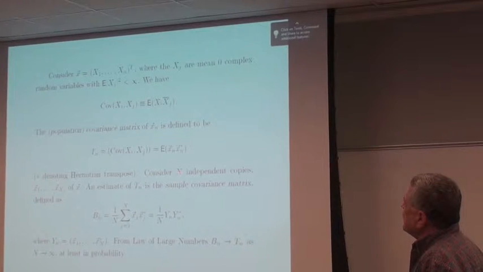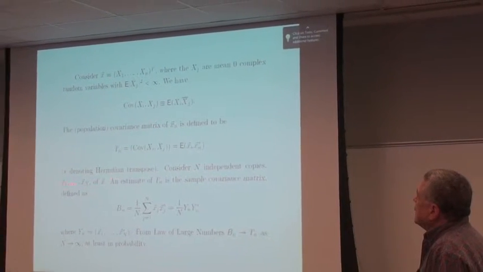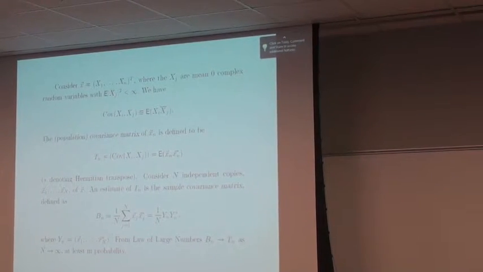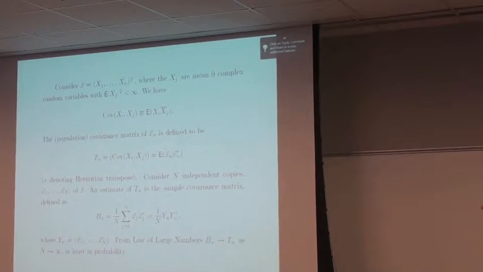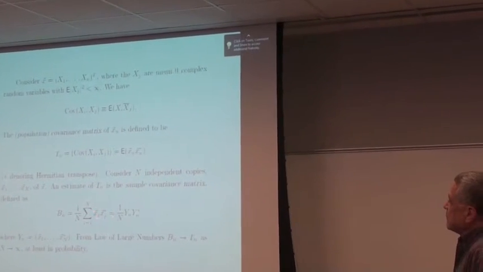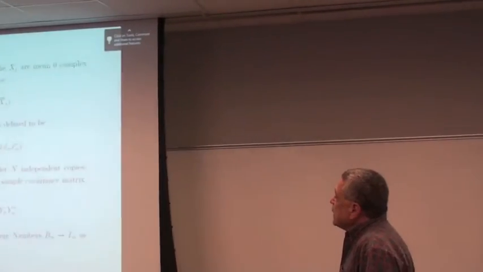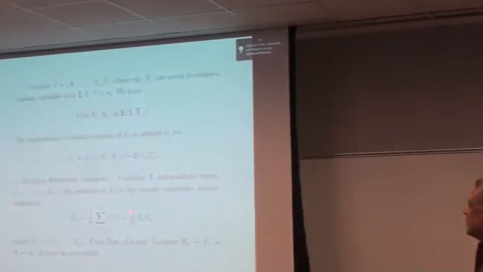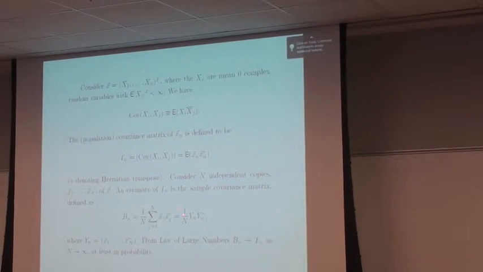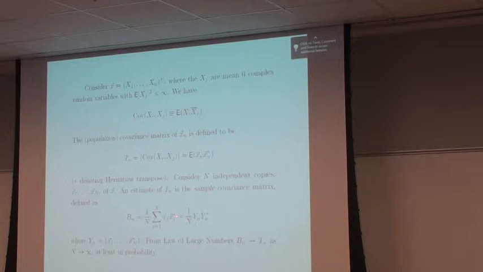So let's say you have capital N independent copies of this thing. As an estimate, used in classic multivariate statistics books for years, you take the average of the outer products of all those samples. You have capital N of them, and you can express this as follows: if the matrix Y is full of the columns of the sample vectors, it's just the matrix times its transpose.